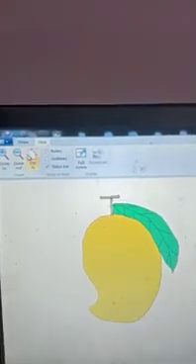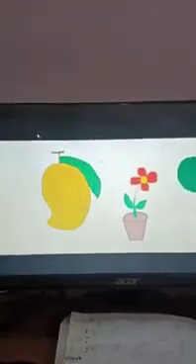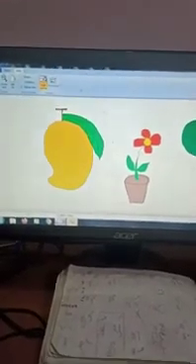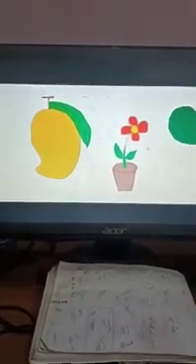Click on that View button, and now look, this is the zoom in, zoom out, 100% and full screen. First I will show you full screen. Look, only the picture will appear, not any menu, not anything, only that picture. That is the full screen view. And if you click again, then you come back to the normal view once again.